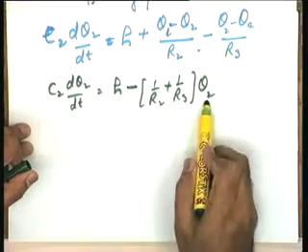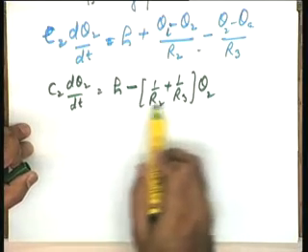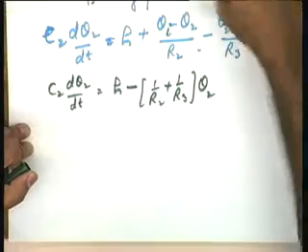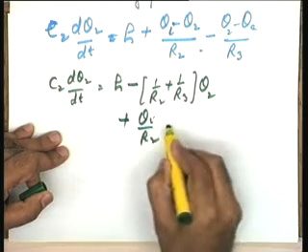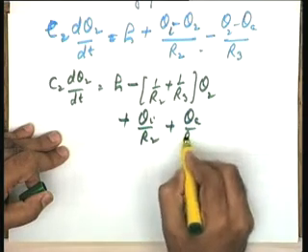This being a first order system, I would like to bring this in the standard form, that is, somehow I want to relate the system gain and the time constant in terms of the system parameters, and this is what I am going to do with a little manipulation on this equation. So, for that, this H I have written here, θ2 is taken, and all the coefficients of θ2 have been assembled. Look at the other terms. The other terms are plus θi by R2 and plus θa by R3.